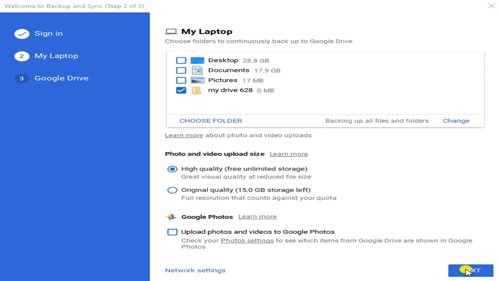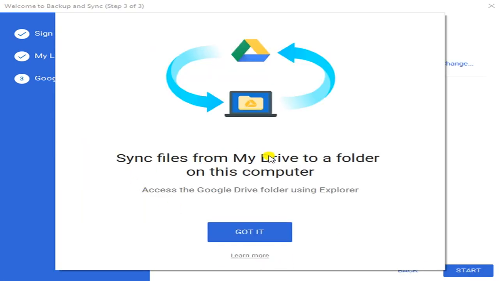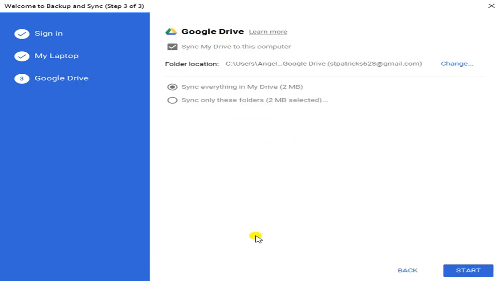As I click on the next button, it will synchronize my Drive folder on this computer, and click on the Got It button. And you have to check these two options, but don't check this third one, and click on the Start button. As you click on the Start button,